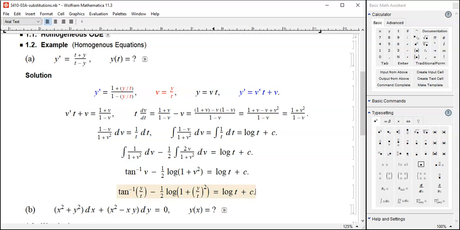Number one, it could be simplified a little bit further. I don't think it is possible to solve for y explicitly, but it could be simplified. And then another thing is this log of t here. Inside has to be positive, so you may have to consider log of positive t or negative t. But in any case,